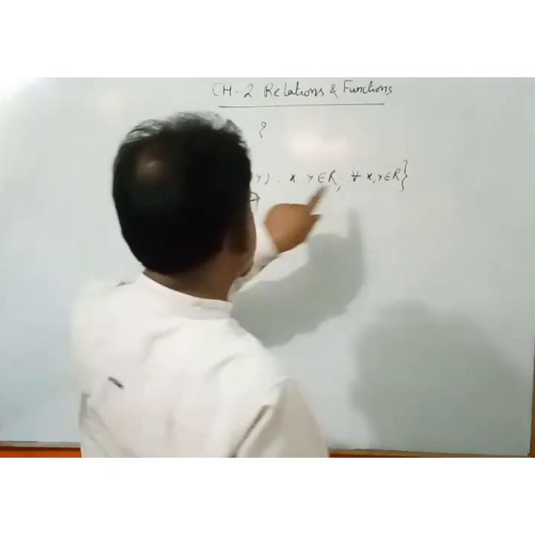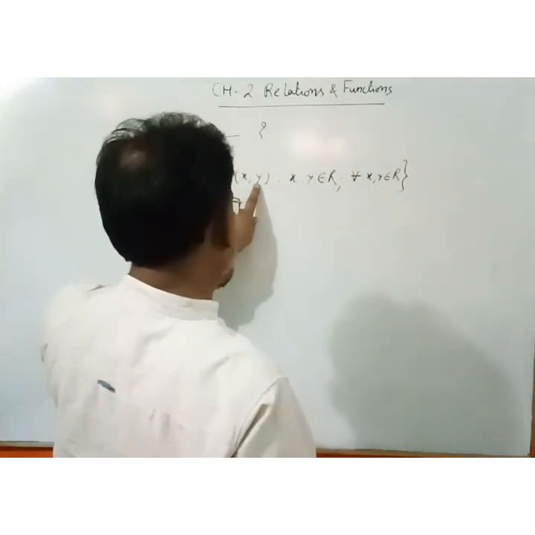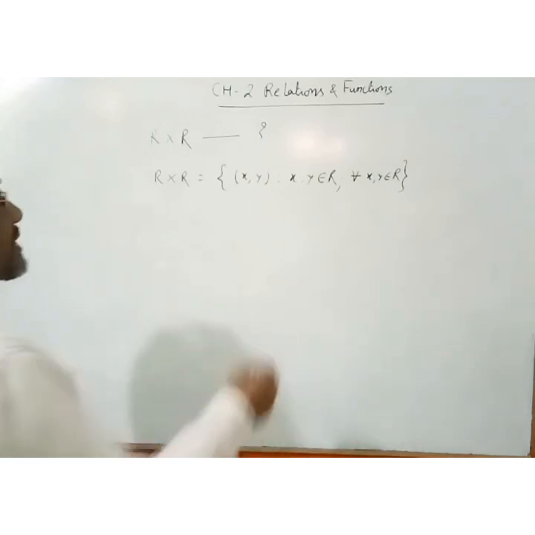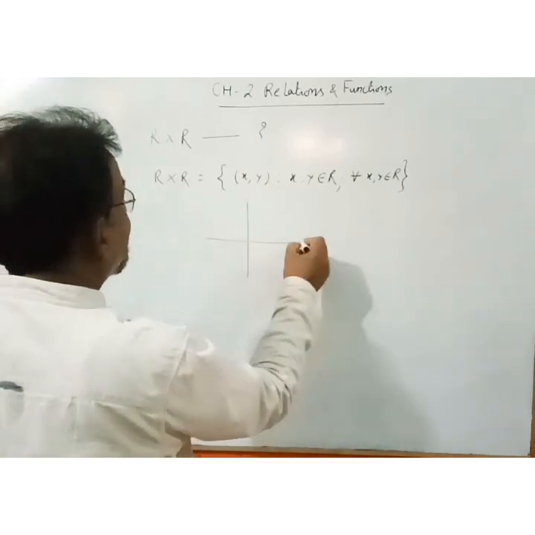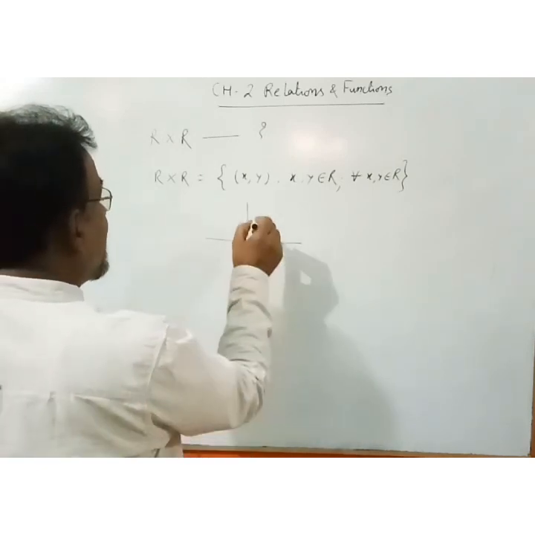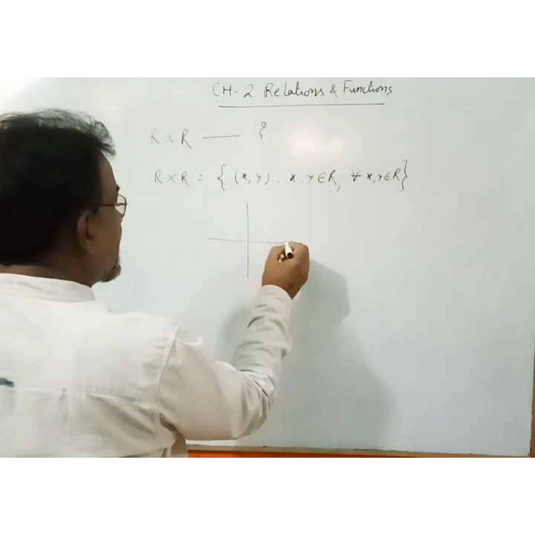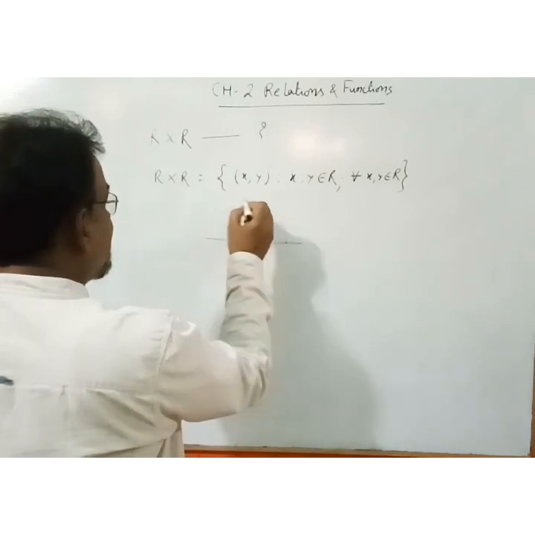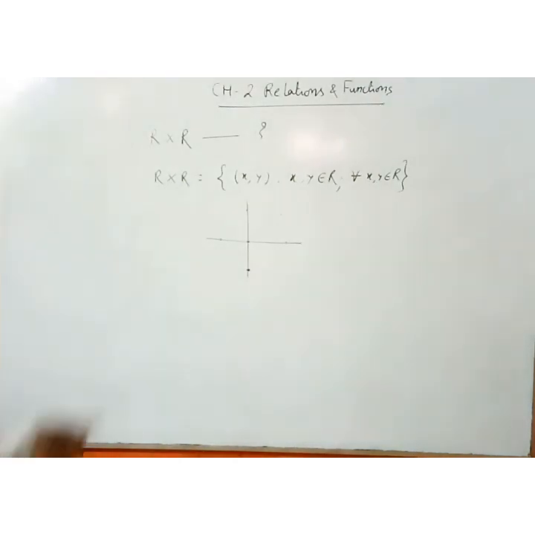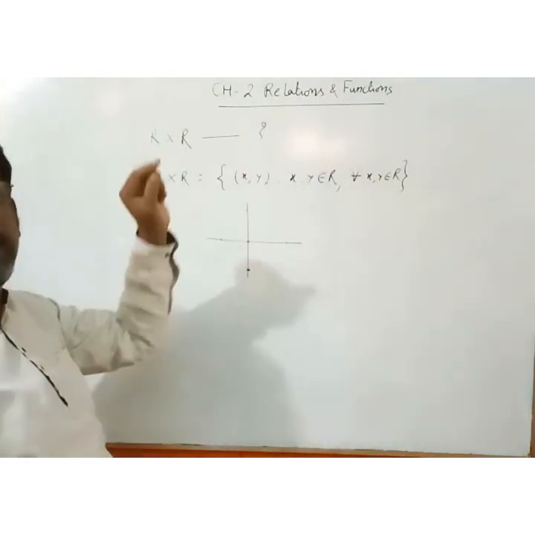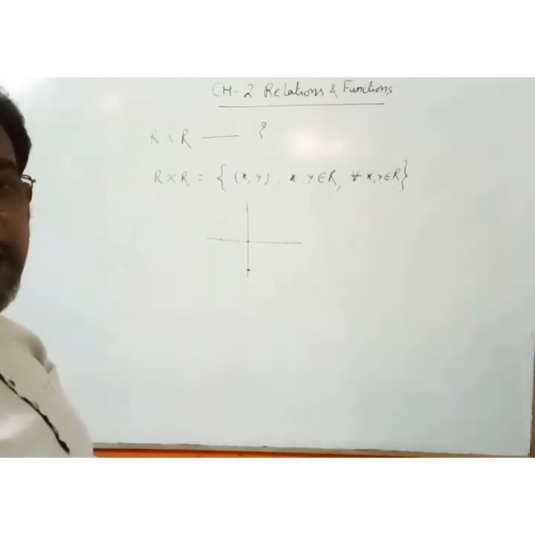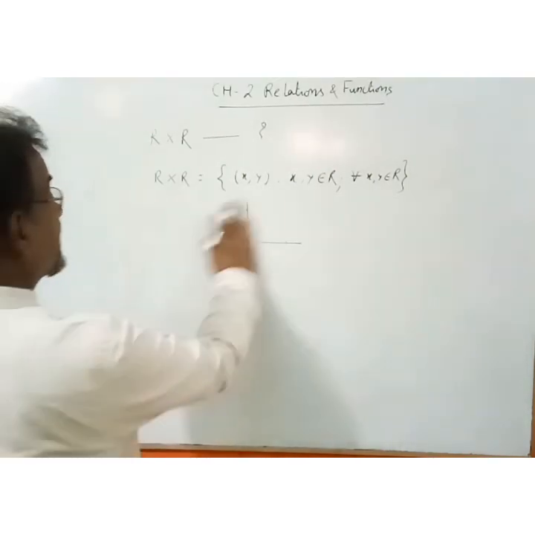अब रियल नंबर सिस्टम में सारे पॉसिबल ऑर्डर्ड पेयर आप जब बना देंगे तो इसका मतलब हुआ कि वो पॉइंट फर्स्ट क्वाड्रेंट का भी हो सकता है, सेकंड का भी, थर्ड का भी, फोर्थ का भी, यहाँ भी हो सकता है, यहाँ भी हो सकता है. So it means this set represents all points in two-dimensional place, है ना?